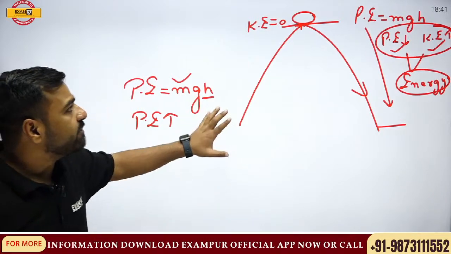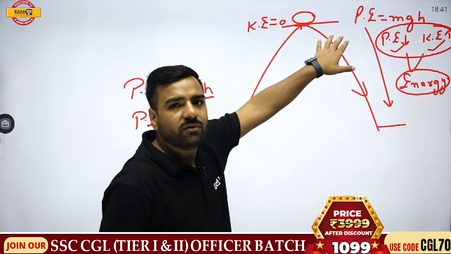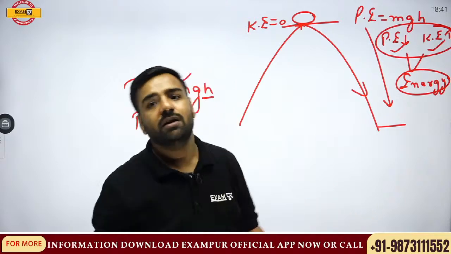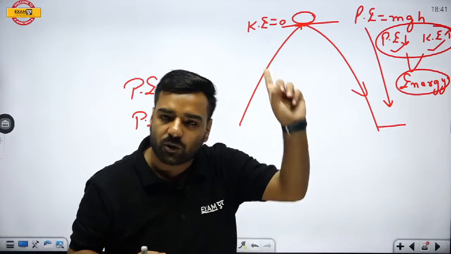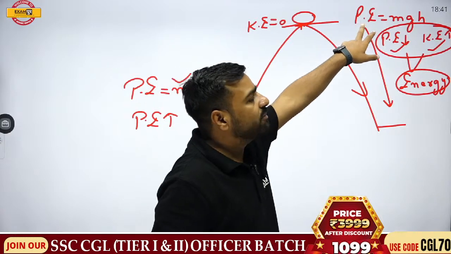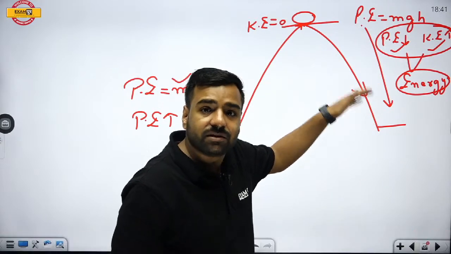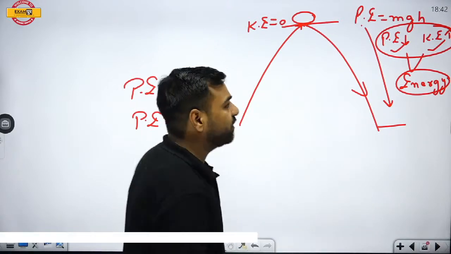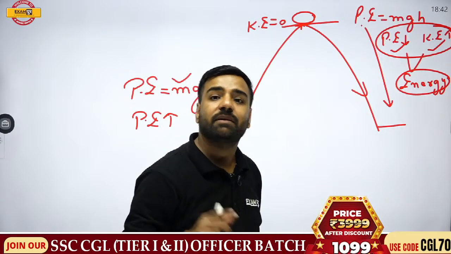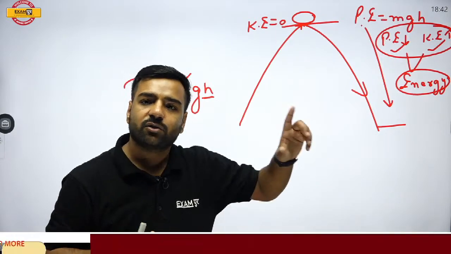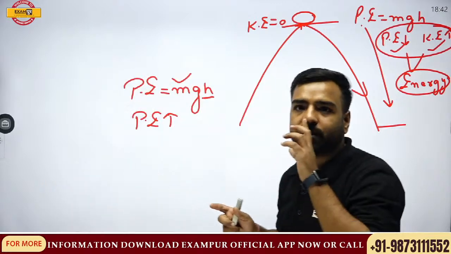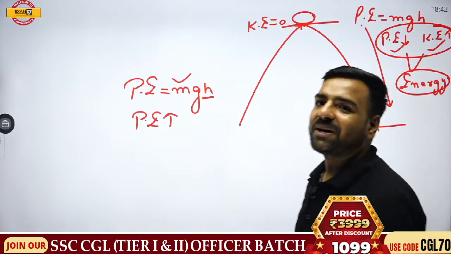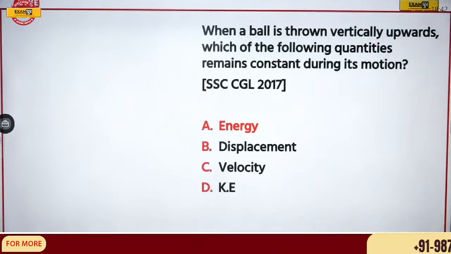So again I am saying, at the top, KE plus PE was having some value. This value will remain constant throughout this particular part, whether throwing the ball upwards or when the ball is coming downwards. Potential energy is maximum here. Then when it is falling down, height is decreasing, so potential energy is decreasing, but kinetic energy is what? Half mv square. Mass is the same, but it changes according to the velocity, right? And anyone who was with the displacement option, displacement always changes, right? Okay, so here option number 8, that is energy, was correct.